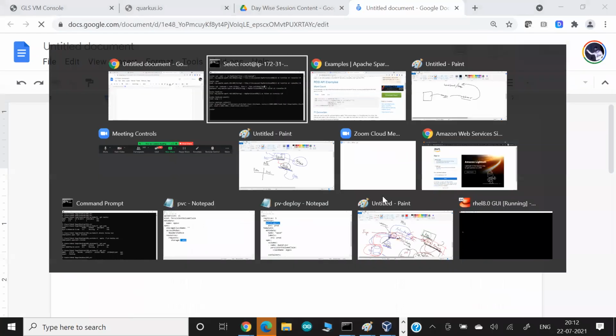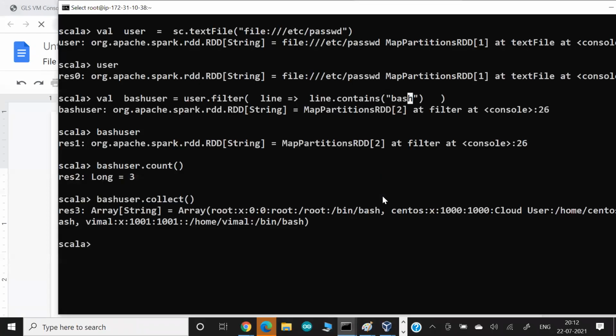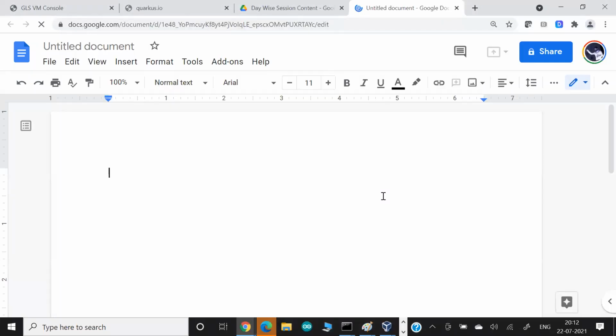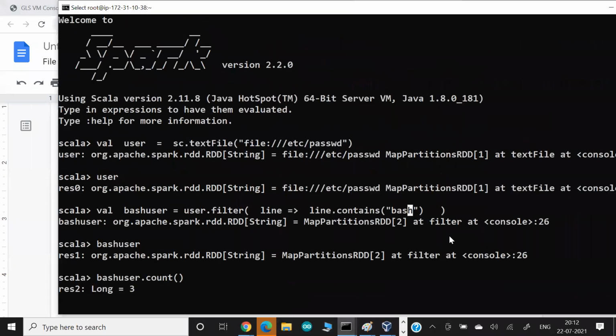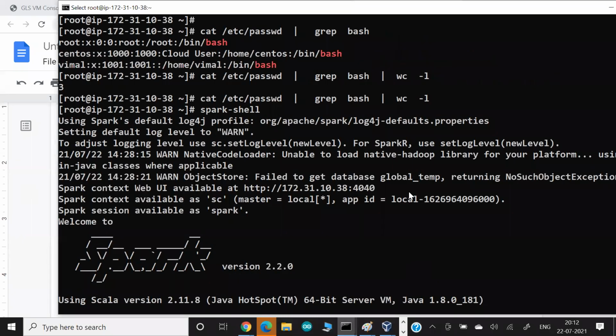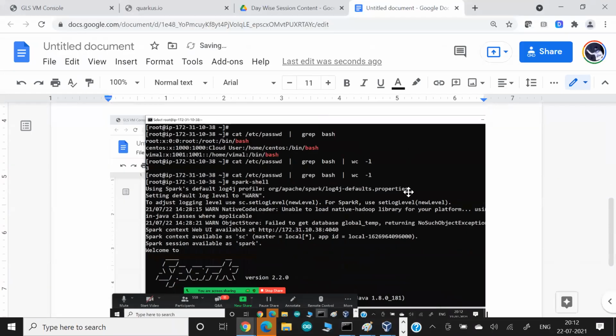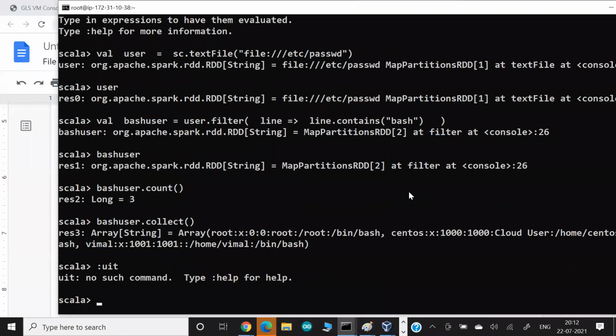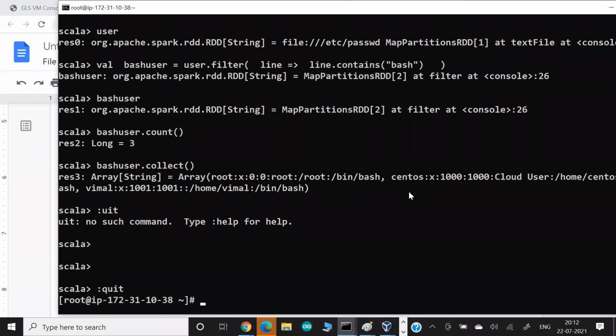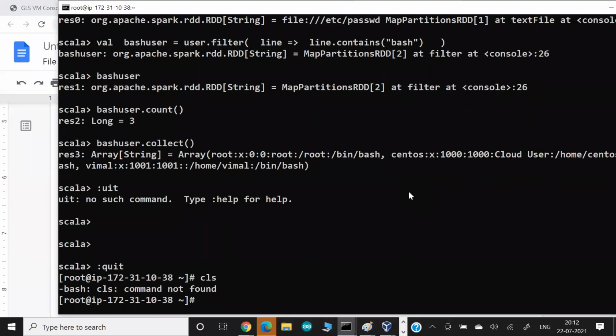Yesterday's document I have already shared with you in the class, also in the cloud. So what I'm going to do, let me quit from this file, and I'm going to create one file.